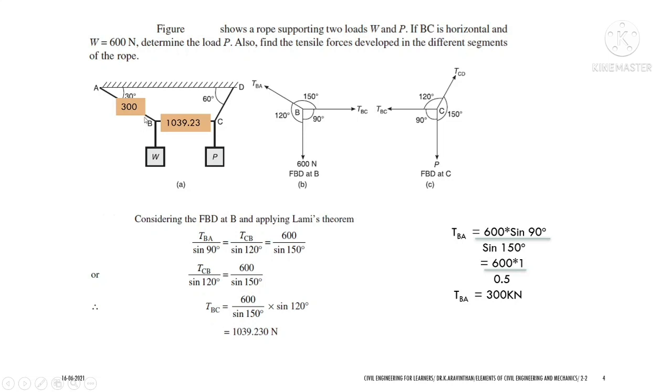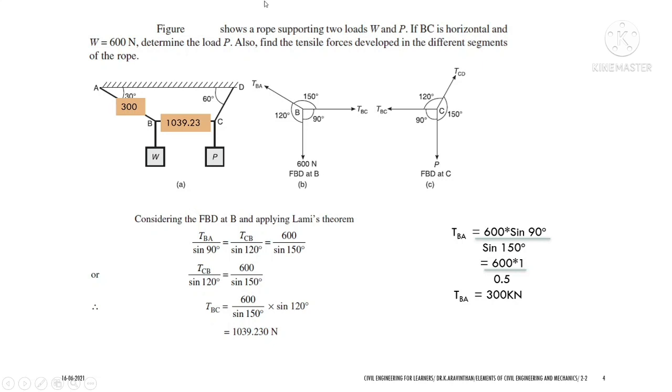And if you know this as 30 degrees, you will have a bottom quadrant here, and 90 plus 30 will be 120 degrees. Hence it is taken as 120, and if this is 30, the remaining angle will be 60 degrees. So 60 plus 90 will be 150 degrees. So this is how to find the angles. You need to know the geometric properties of lines.